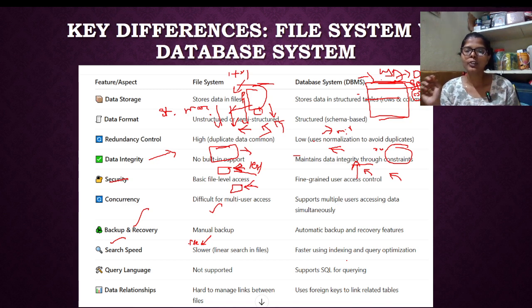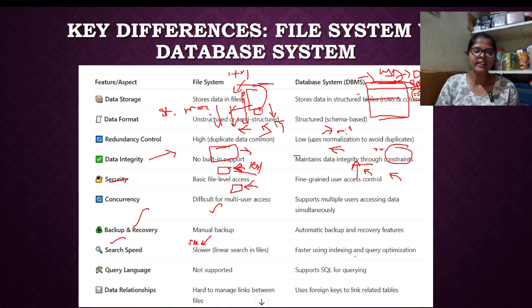If you know the exact position of the book, we can easily get it. We go to that particular page and row and take that book. If we don't know, we have to check each and every row and search until we find that book. That is called a file system. But in a DBMS we go directly to the book where it is exactly available.